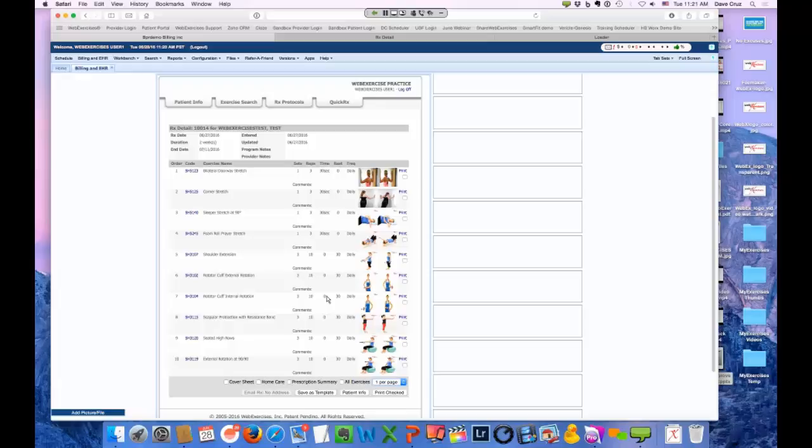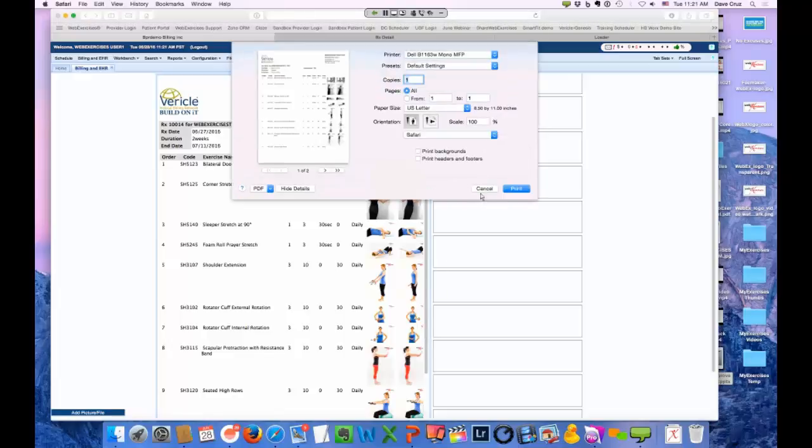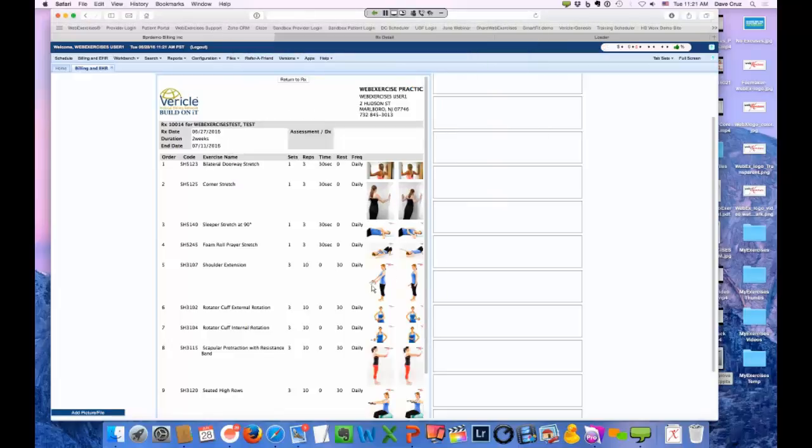The other thing from a compliance and billing standpoint, I'm going to click on this, hit print. This is your prescription summary, and this makes it real easy from a documentation standpoint. You as a clinician don't need to know all the instructions. You just need to know what I gave to that patient on that specific day, and you can have this printed in seconds and then put in the patient file.